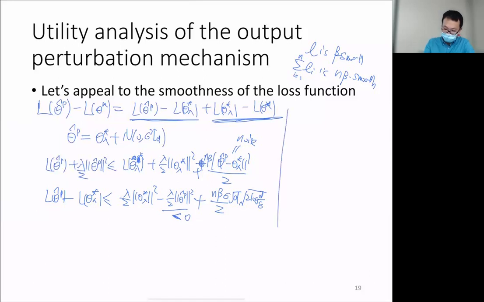So again, we can use smoothness. So L of theta star lambda is smaller than L of theta star plus the gradient of L at theta star, and the gradient is 0, times theta star lambda minus theta star. So the middle term is 0 plus half n beta. Again, the smoothness parameter of this function is n beta multiplied with theta minus